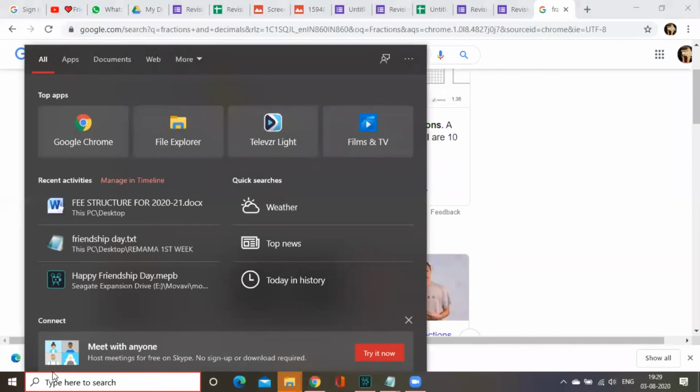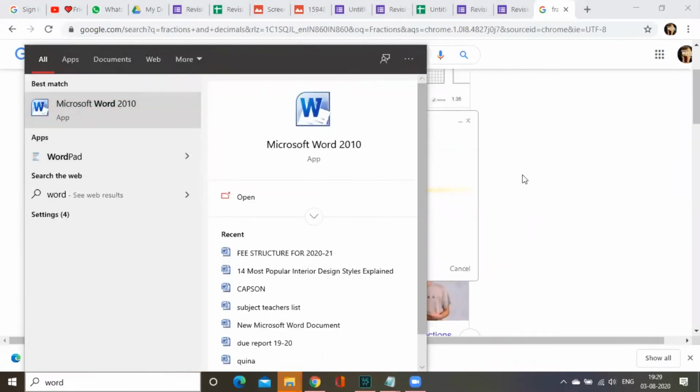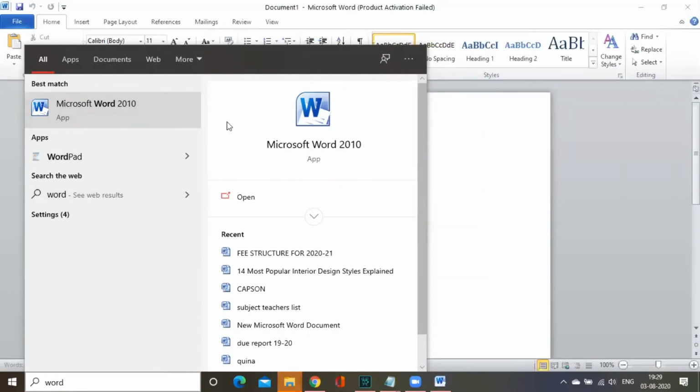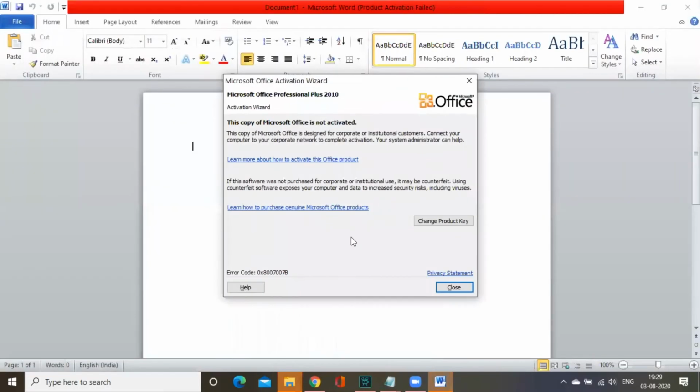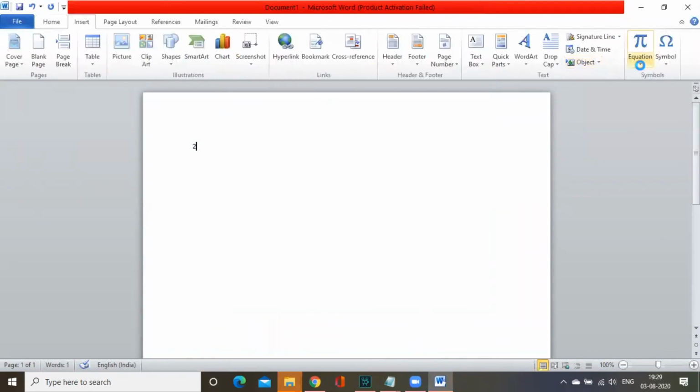Just now I tried, ma'am. I did it like that in Word. Is it accepting from Word, and from Notepad also? Just copy what we are typing. Here you will have the insert option, fractions, equations, right? From there, insert equations.